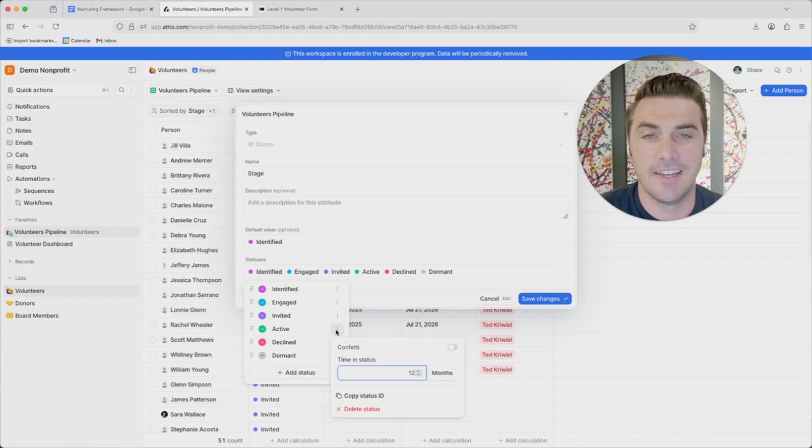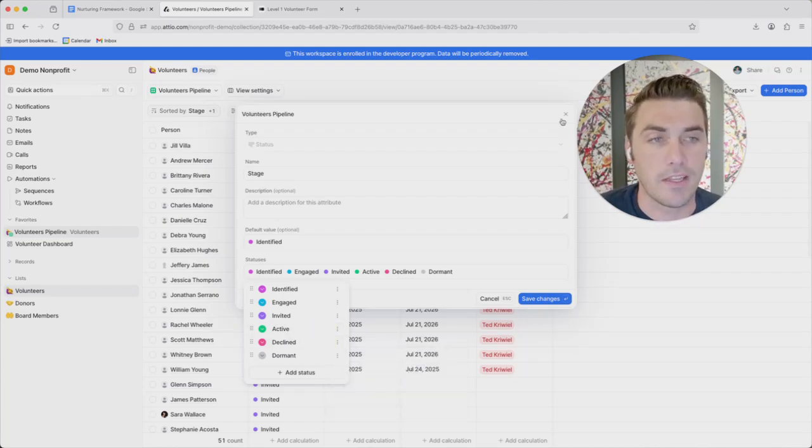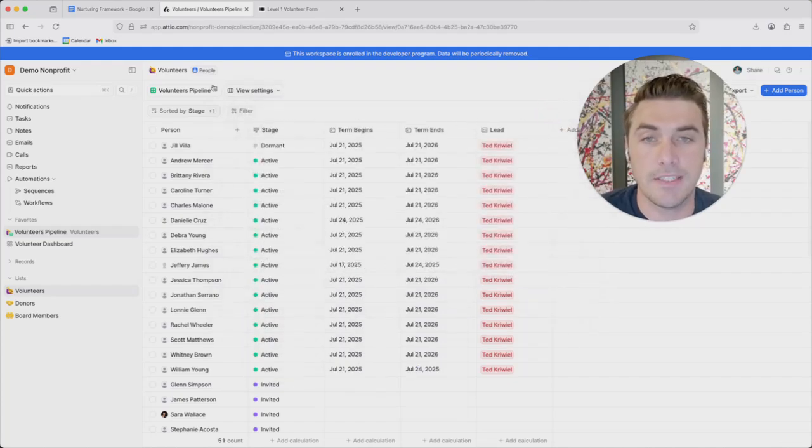We're going to say this volunteer term is 1 year. They only commit to 1 year. That's part of our call to action when we explain it to them, and then they roll off. So after 12 months, we're going to say that's the time and stage. That's when we do a renewal process, decline and dormant, don't need time and stages. So does that make sense?